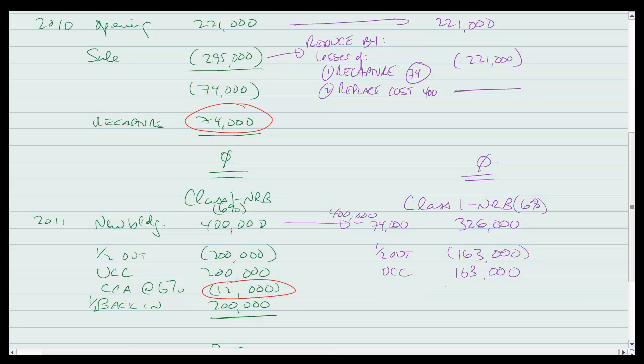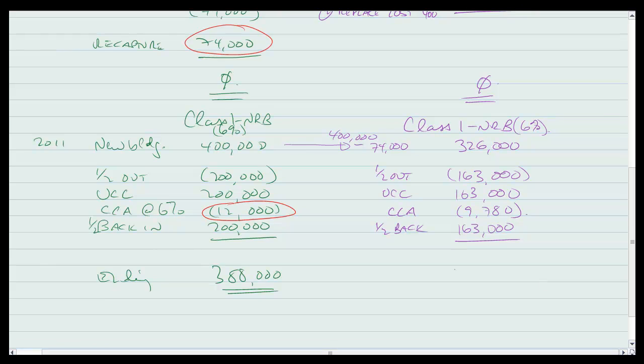Whoops, that's one too many C's. CCA on that, and we get 9780, which gets us to a balance of 153. Let's put the half year back in right now. So half back in to be consistent. Half back in of 163. That will get us to a balance of 316,220. Okay, so the income statement impacts here, just to make sure we understand, we're getting less deduction in 2011,